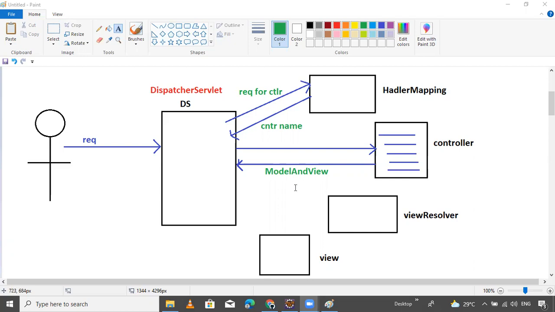Okay. Then next, on the basis of the model and view object, the dispatcher servlet will interact with which part? The view resolver part.